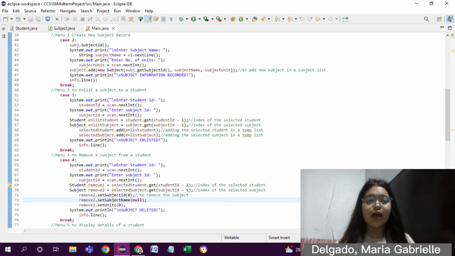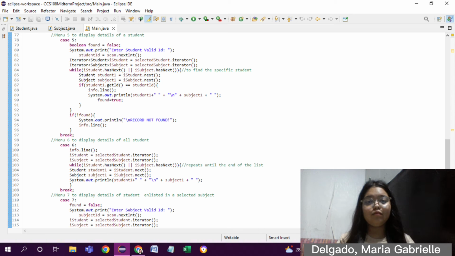studentRemove1 equals selectedStudent.get(studentID - 1) will get the index of the selected student. subjectRemove2 equals selectedSubject.get(subjectID - 1) will get the index of the selected subject. remove2.setSubject(0), remove2.setSubjectName(null), remove2.setUnits(0) will remove a subject from a student. System.out.println "Subject deleted" will inform the user that the subject is deleted. And break, after the break it will print again the options, and in the case 5 or menu 5 will